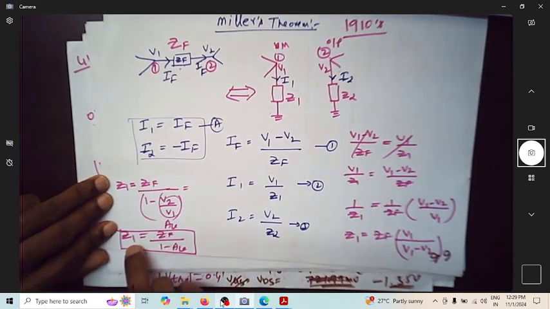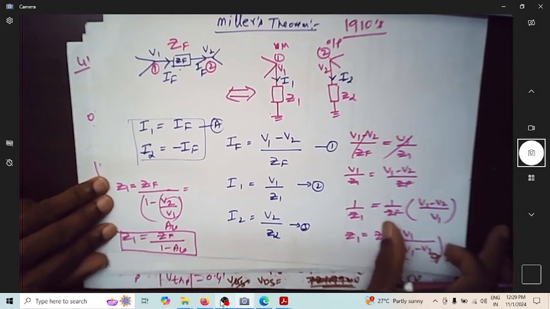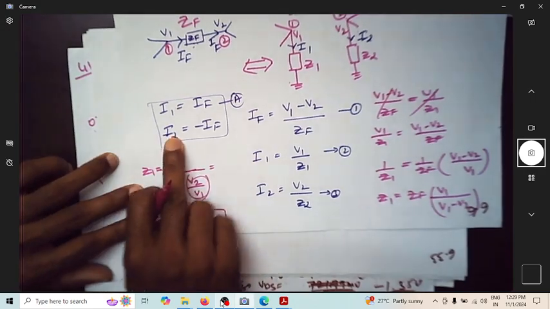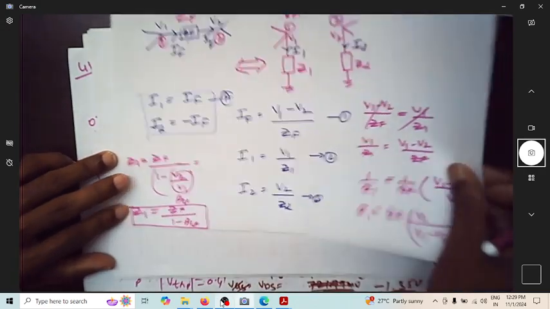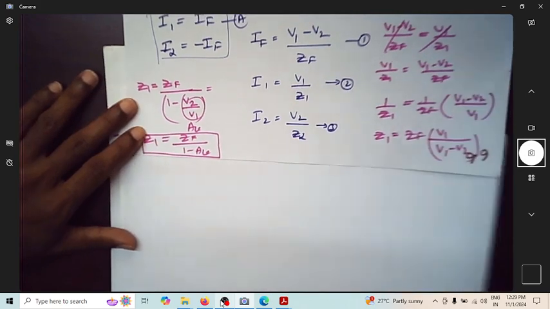So this is what is Z1 and ZF relation in terms of AV. So let us equate this I2 and minus IF and get the relation between Z2 and ZF. So what is this equation we have? We have the equation